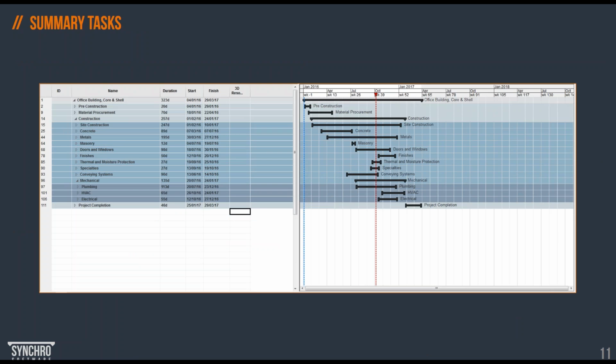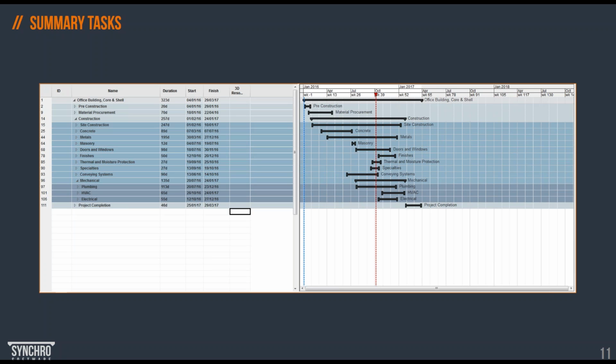Summary tasks, I only mention those summary tasks because as planners you're probably aware of those summary tasks that are handled different ways in many different planning platforms. What I like about the summary task in Synchro, you can absolutely do whatever you want with them. So in other words, you can produce links from summary tasks to another summary task if you wanna create groups of tasks. You can disallow that functionality, but I like the flexibility. You're able to turn it on or turn it off, and also we can assign resources to summary task, which is also a good idea.